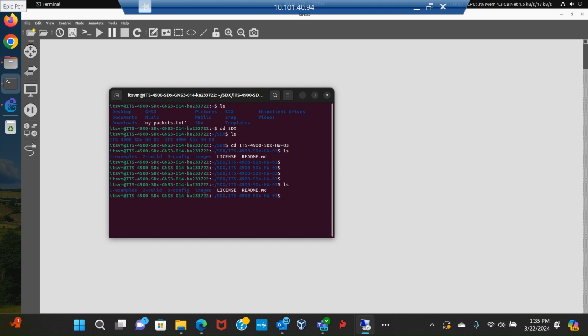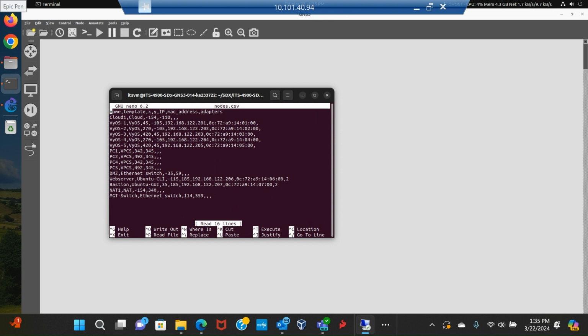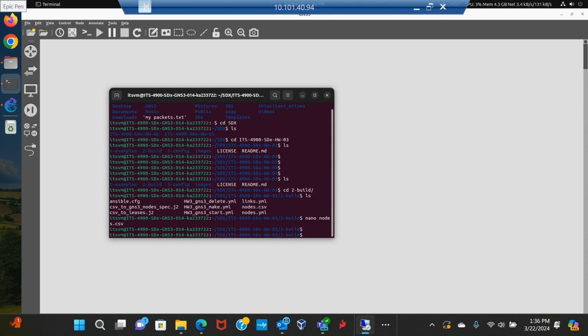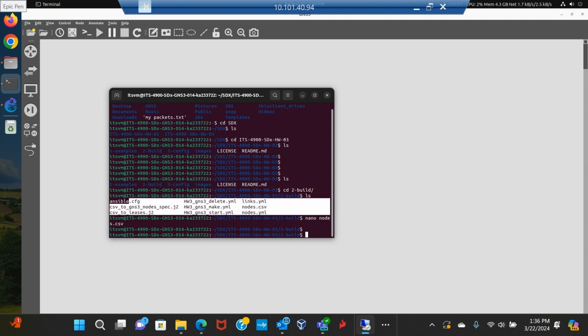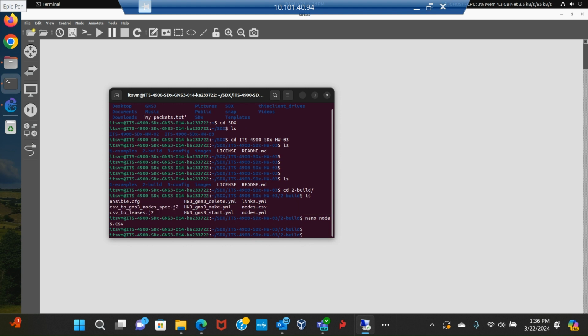So the files I talked about, the build files, we can go cd dash build. So imagine this is your controller. Most controllers are naturally GUI interfaces, and these are the files I was talking about. So I can do a nano nodes.csv to actually show the content of the file. I can decide to edit these files the way I want. If you want to delete any file, just delete like that. You can do this, and then Control S saves it, and then Control X kicks you out, and that is saved.